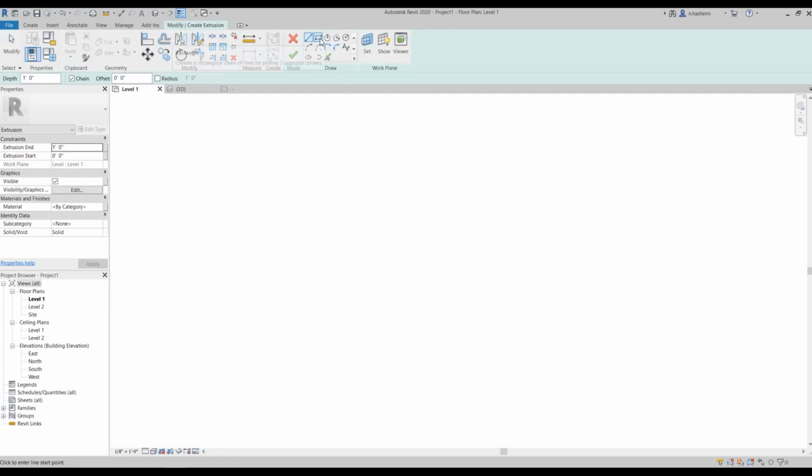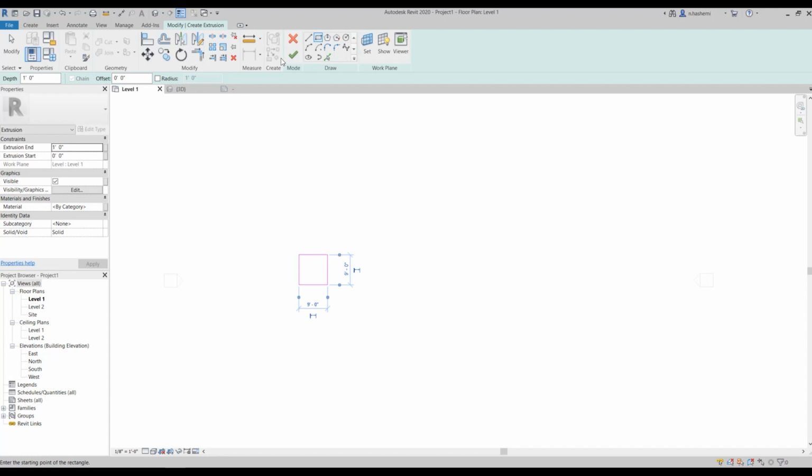And then I'm going to use the rectangle tool to draw just a square. And as you can see in the options bar, the depth is 1 feet and the offset is 0. So from here, it starts from 0 and ends at 1 feet.